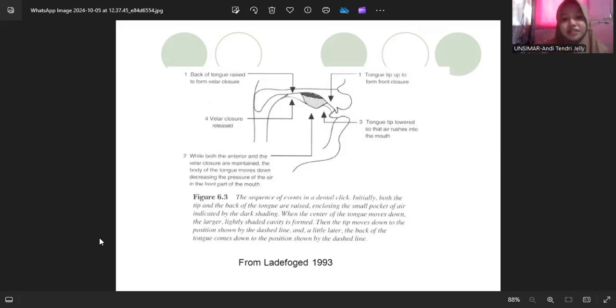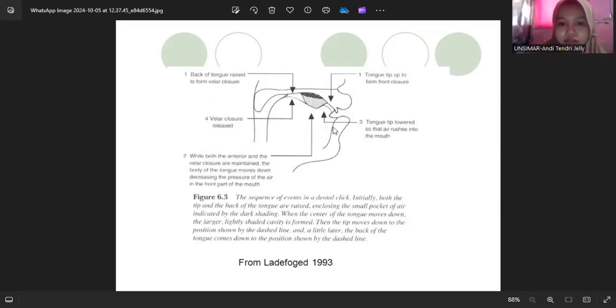Okay, I will continue the explanation about velarics. This is the mechanism of velaric initiation. The first is the back of the tongue presses to form a velar closure, that is in here. The back of the tongue makes the velar closure. Then, while maintaining both the initiator and the velar closure, the body of the tongue is moved down, raising the pressure